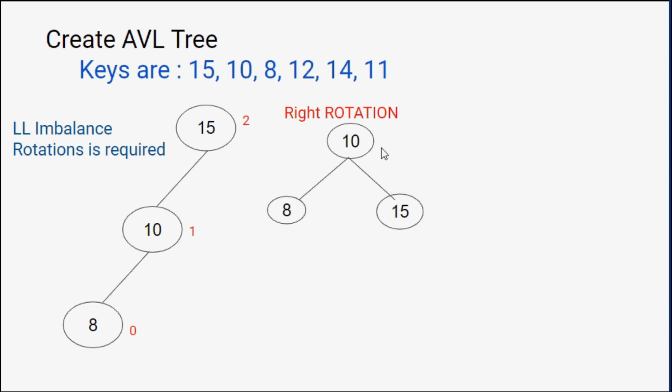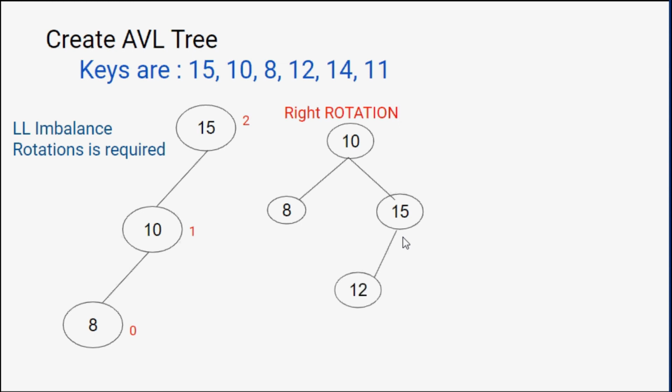Till now, we are not saying we have created the whole tree. Till now, that means after inserting 3 nodes, my tree is an AVL tree. So the next one is 12. After inserting 15, 10, 8, the next node is 12. Now when I compare 12 with 10, 12 is greater than 10. So it should be on the right side of 10. On the right side, I have a node 15. 12 is less than 15. So it should be on the left side of 15.